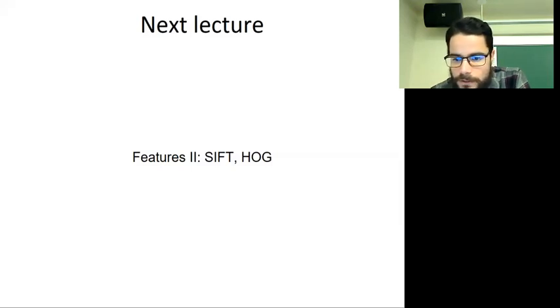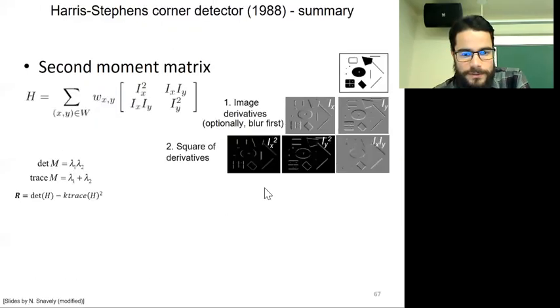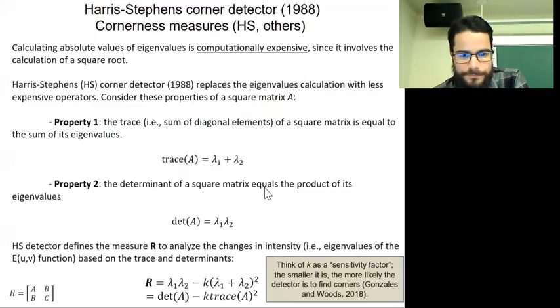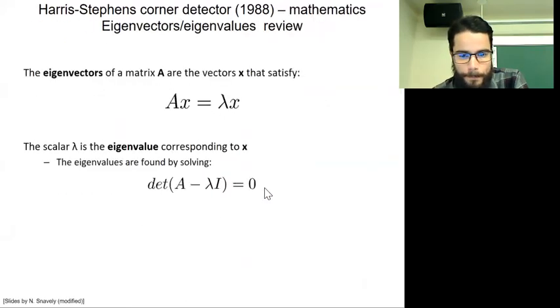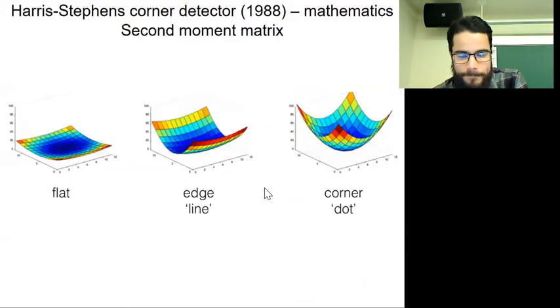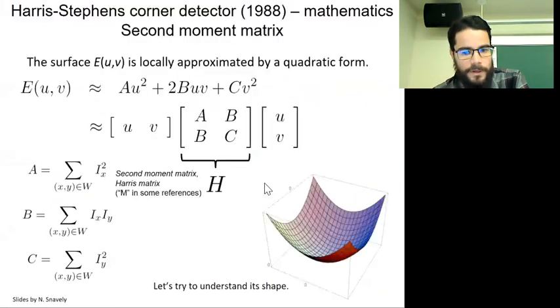Okay, so it looks like there's another question here. Can you reiterate the different types of error surfaces and how they match different image features, lines and corners? Okay, I'm sorry that I'm only reading it now, Alison. So let me see here. Reiterate the different types of error surfaces and how they match different image features, lines and corners. Okay, so let me go back here. Okay, Alison, so